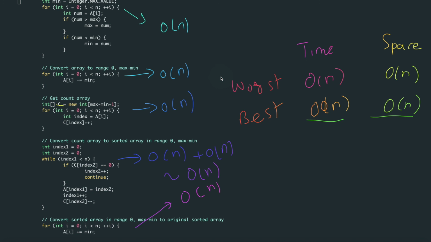I already told you about the 4 steps we use for count sort. Count sort is mostly used if we already know that the input is an array of integers where max minus min is less than or equal to n, and it gives us a better time complexity as compared to comparison based algorithms. So it's used many times.